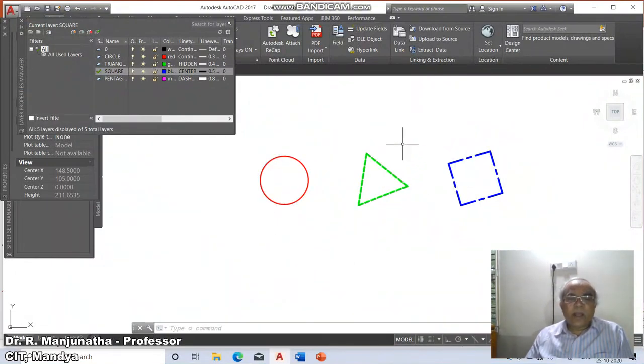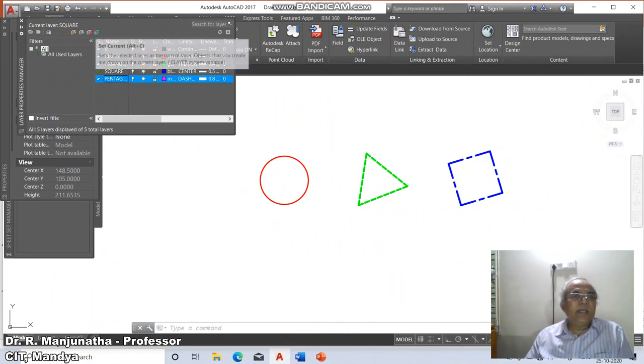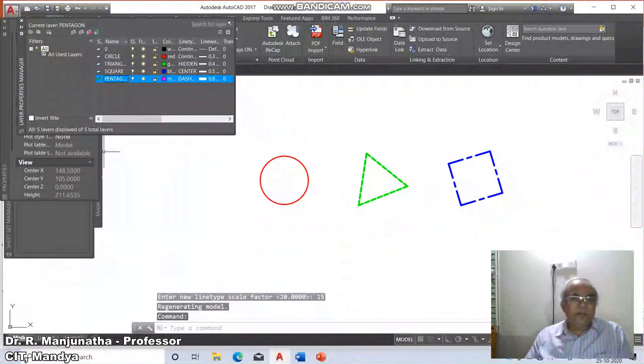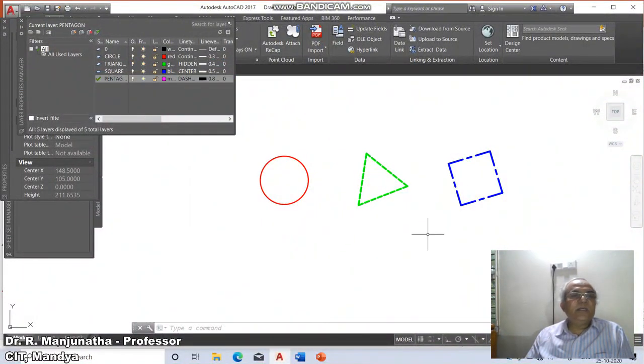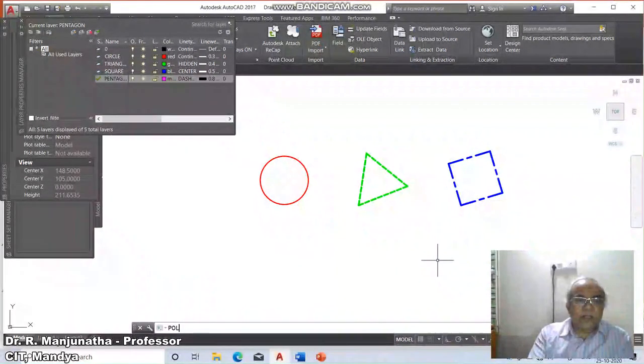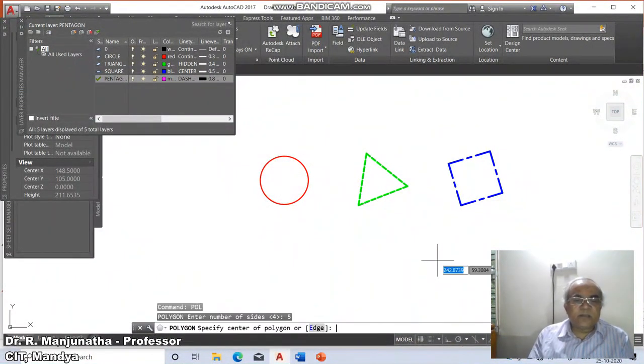Now we will go for a pentagon. To draw a pentagon, I have to go to the pentagon layer and make that the current layer. So you just click on the pentagon and click on set as current layer. Now it has been changed to the pentagon layer. Here I will write polygon, considering the number of sides as 5.